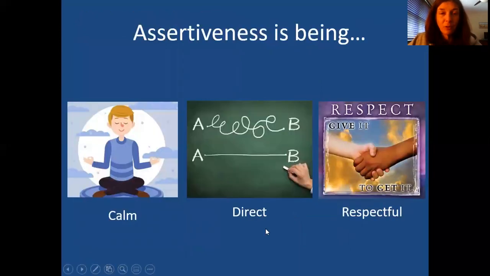Okay, so then just a quick review of assertiveness, because it has to do with assertiveness. When you make an assertive request, you're trying to regulate your emotions, trying to be calm, being direct about what you're asking, not just beating around the bush or hinting, being respectful to the other person, and also preserving your self-respect. So keep in mind assertiveness if it's a very quick request, right? You don't need DEAR MAN if you're saying, could you please pass the salt? That's like a one-line request, and that could be done in an assertive way, being calm, direct, and respectful. Again, if you need more of an explanation for something, DEAR MAN is a good way to go.